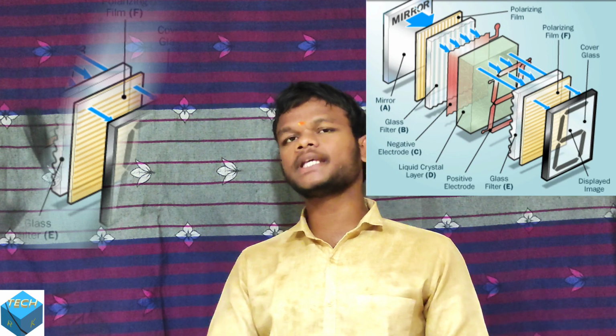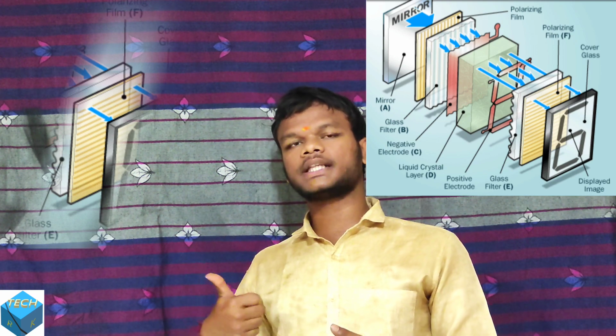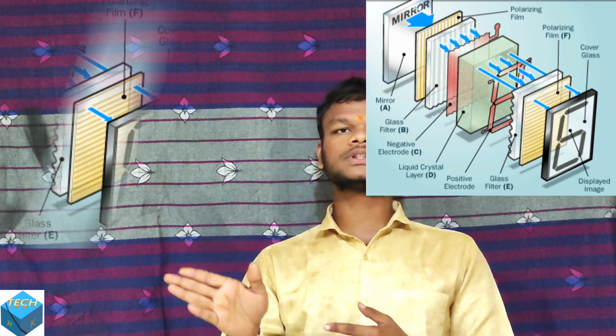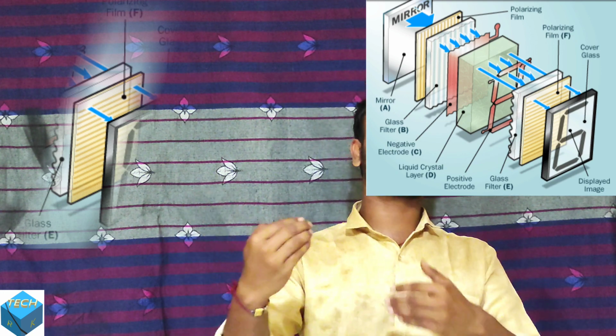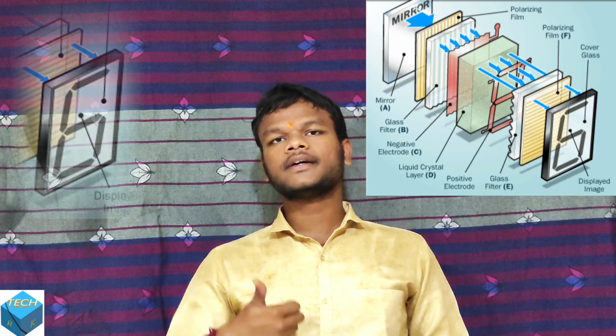It also does the same thing which the back polarizer does. This also allows only a certain amount of light and rejects the unwanted light. And the final layer is the cover display. Here we are seeing the content. So this is the working of the LCD, the normal LCD which we are using in railway stations, likewise.